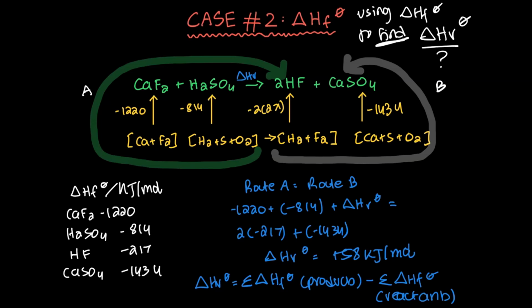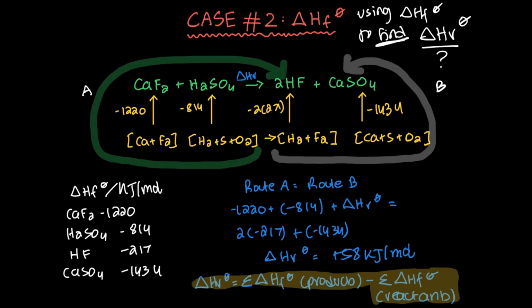Now, you can use whatever I've done to derive a general equation for these type of problems. Then you have to use delta H of formation to find the delta H of reaction. So the formula for this is going to be delta H of reaction is equal to, let me just highlight this so it's easy for you to see it. So delta H of reaction is equal to the sum of delta H of formation for products minus the sum of delta H of formation for the reactants. Now in this case, we are going to do products minus reactants.